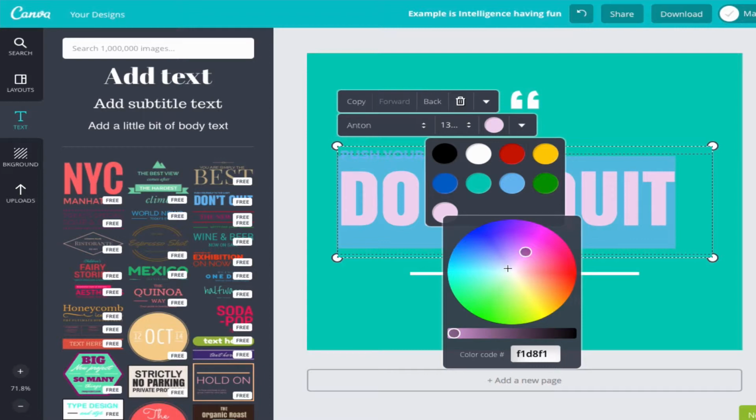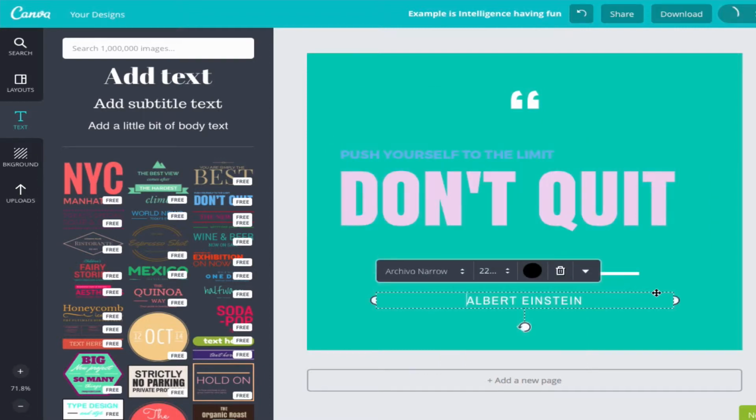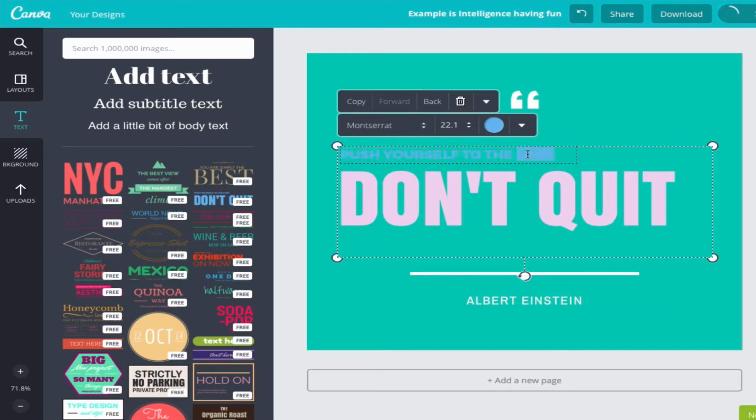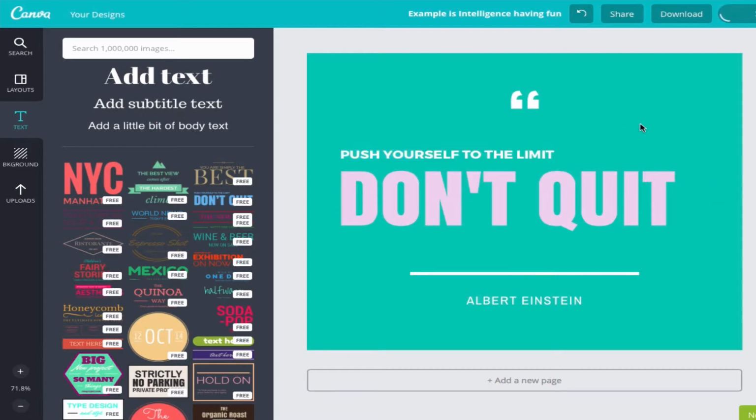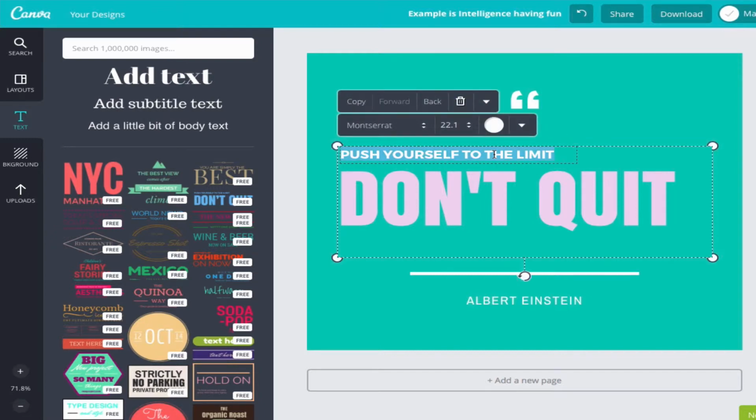It looks kind of like a whitish color, I believe. I'm going to click out of here, and there you go. So what we can do now is if I want to change the text up here, I just highlight it, and the color that I just chose, which was white, will be right there. And there you go. So that's how you can change the color. Like I said, you can even change the font a lot of times of these, but usually in your templates, you can't change the font a whole lot. So just be aware. If you wanted this, but you wanted to change the font of this portion of it, and you can't,